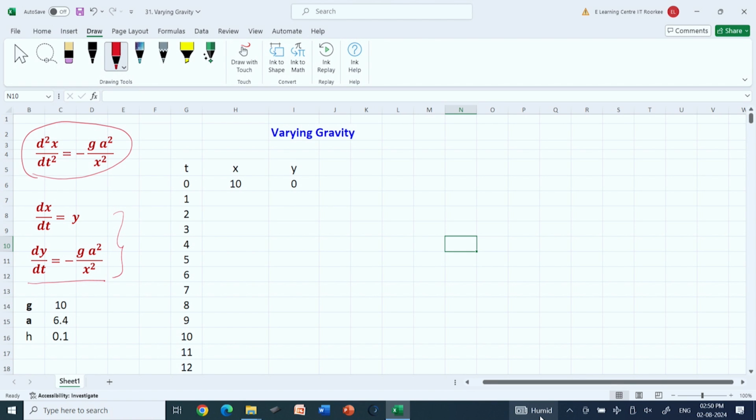Now, g is the acceleration due to gravity, so we take the value of g to be 10. The radius of the earth is approximately 6400 kilometers. We scaled it and take the value 6.4, and the value of h is 0.1. What we are going to do here is check using Microsoft Excel that our numerical solution also matches